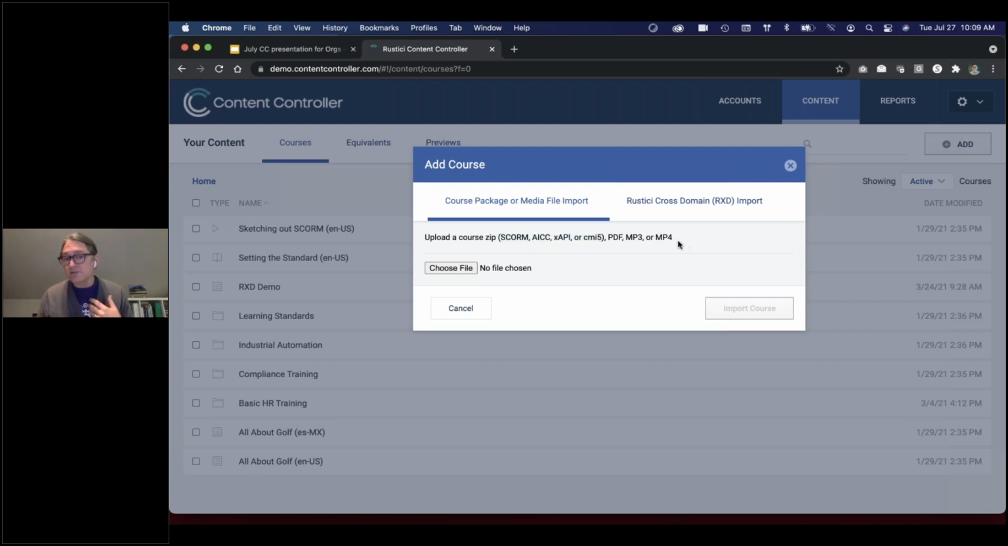In addition to those standards-based formats, we also support a variety of different file types. So today that includes PDFs, MP3s, and MP4s. The nice thing about this for our customers is that if they have, let's say, a one-off video that they want to distribute to a third-party LMS, they don't have to first go to an authoring tool and create a SCORM package from that video to then utilize a tool like this to make it available. Just import the native MP4 file,